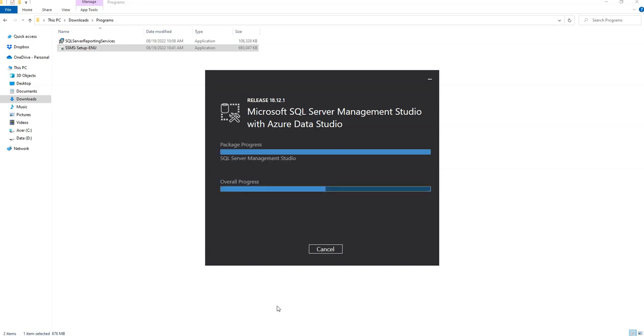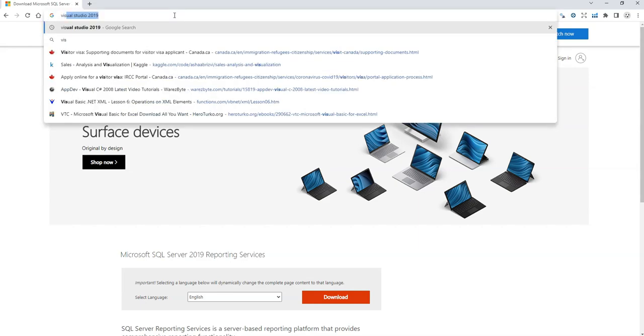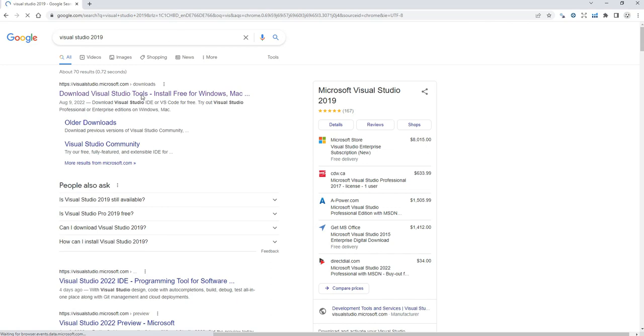In the meanwhile, I need to show you how to download Visual Studio. So let's go to the browser and search for Visual Studio 2019. Hit enter and you can see the first link, download Visual Studio Tools. Click here